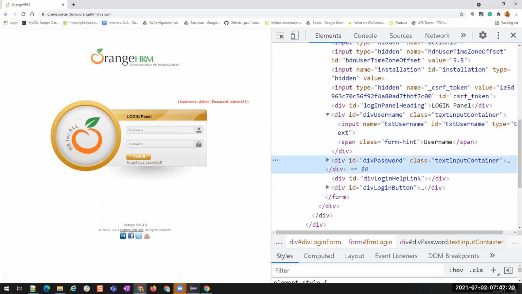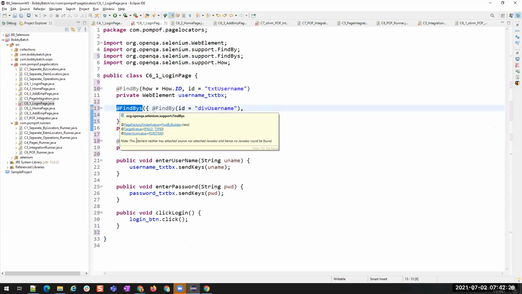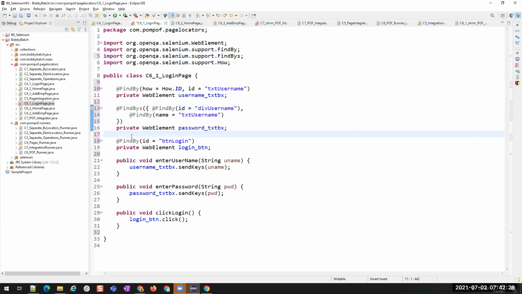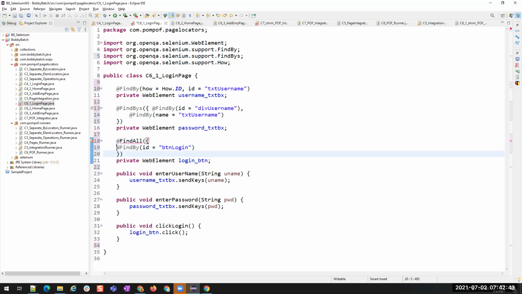Okay, for that we have a separate element again. We have at the rate of FindBy, and similarly we have another annotation called at the rate of FindAll, which will search for an or condition here.